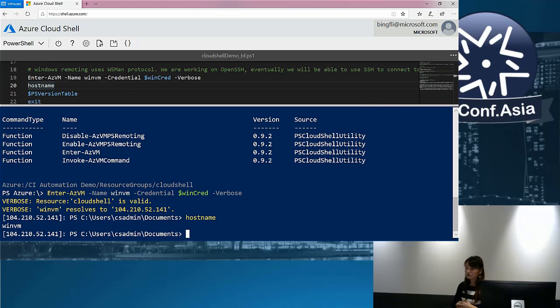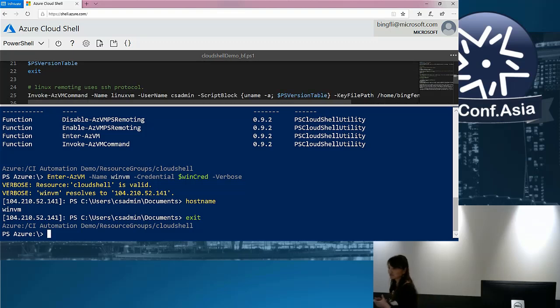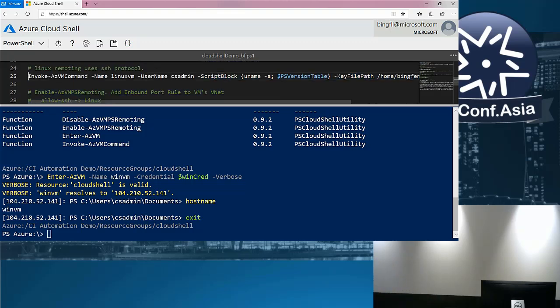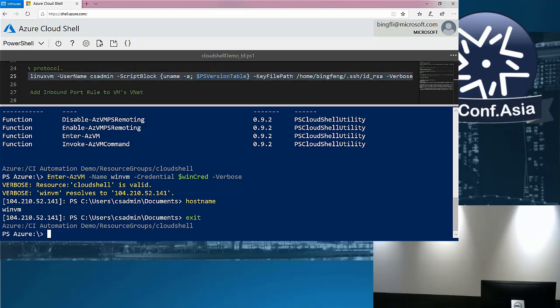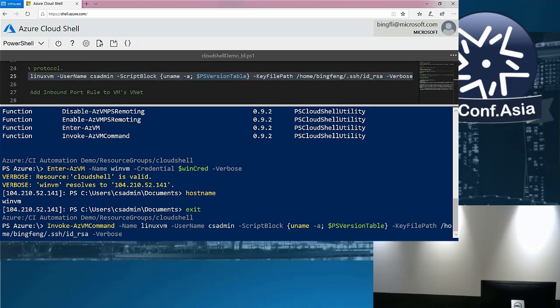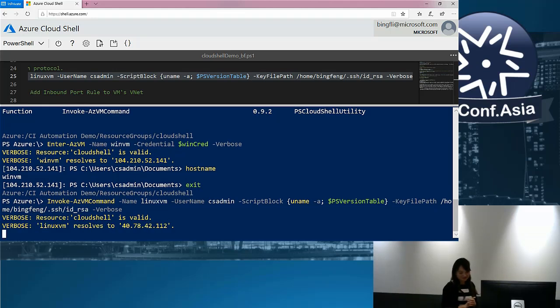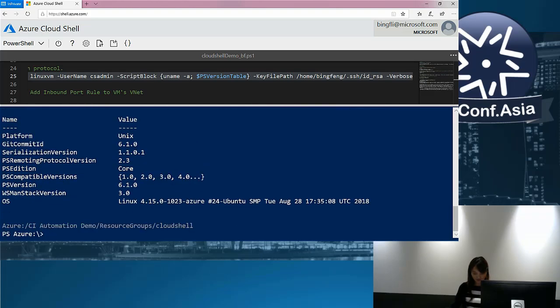And so can you ask the question? Yes, no, go ahead. Will you be able to attach the Cloud Shell to a private network? Because resolving to a public IP address is not really customer friendly. I never see that. Every VM has a public IP. So the question is, right now it's going over PowerShell remoting, and it requires a public IP address. If you don't have a